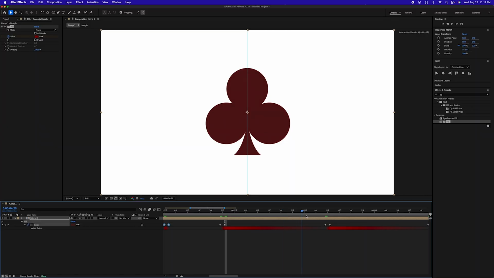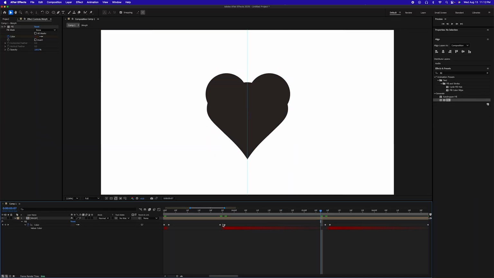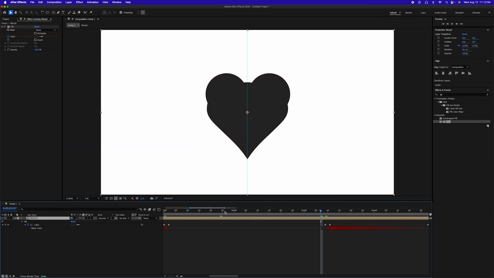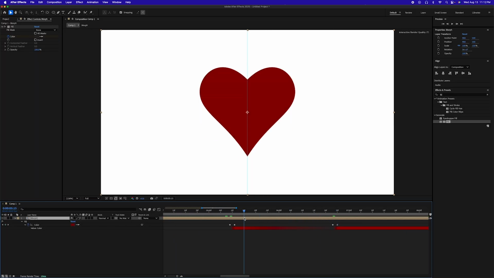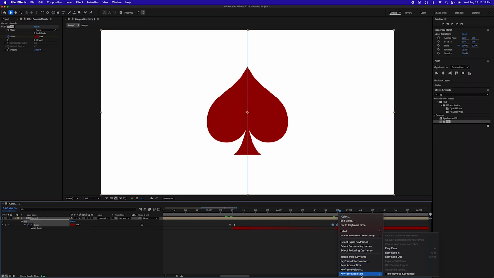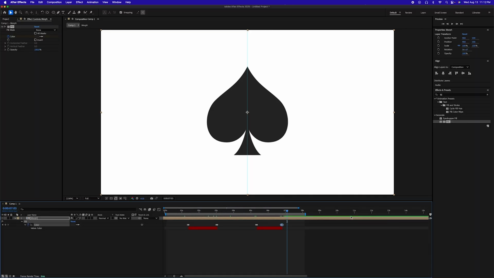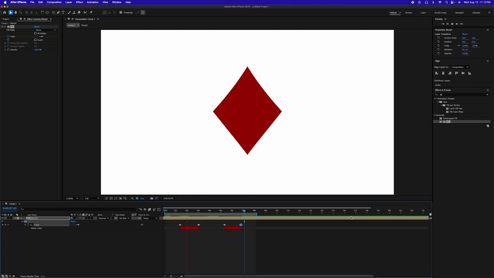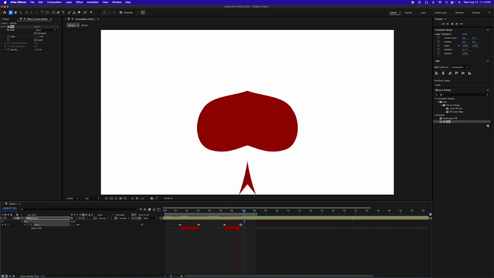black, until it goes to, oh, it looks like we don't need those keyframes. So it's going to stay black till it goes to the heart. And then that's going to remain red until it goes back to black. So again, select those two keyframes, right click on them, keyframe assistant, time reverse keyframes, and that's going to leave it red all the way back to the spade. So now if we hit spacebar, we'll see that we have our spade, diamond, clubs, hearts, and back to the